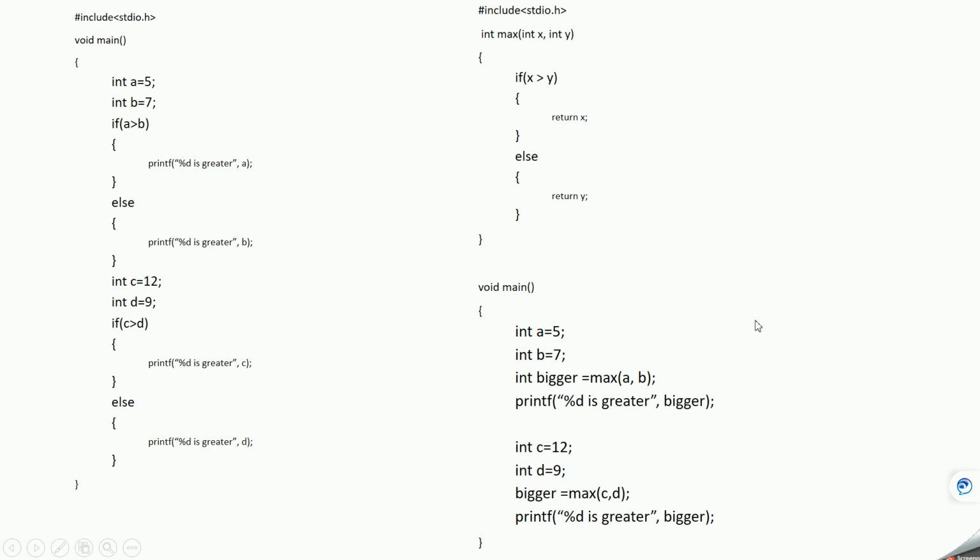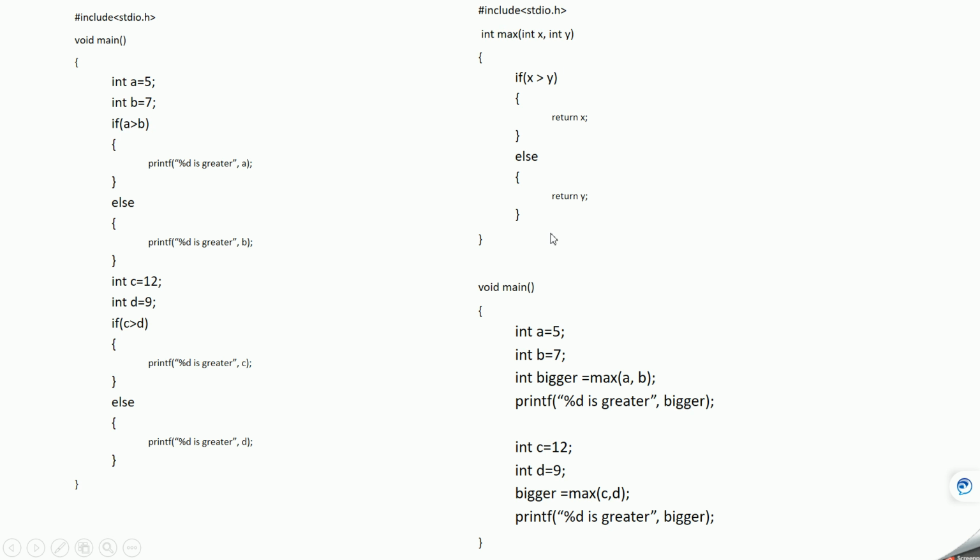Okay, so what we are doing: this box, the function name, is max. We are giving the function name max, and it is going to return an integer value, and it is taking two inputs, the first number and the second number, and you have to give the data type basically. And then this greater checking is done here inside the function. So it is checking if x is greater than y, then return x, otherwise y will be the greater, so we return y. So this is how the function is defined here.